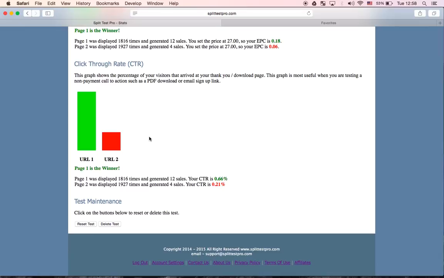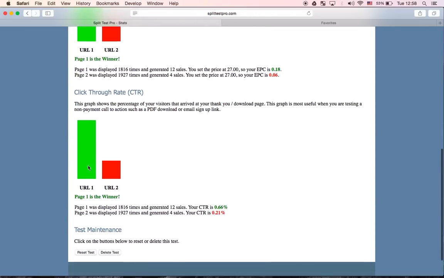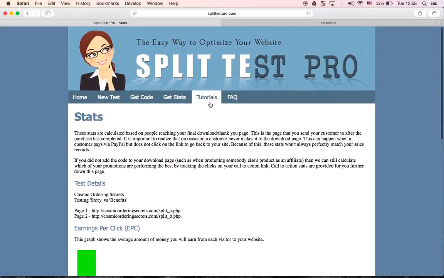It's not a very good website. It needs to be optimized, but you can see by making a simple change here, we almost, well, we have tripled the actual conversion rate there. So this website is starting to get there, but we still need to do a lot more testing to optimize it properly. So make sure you watch the rest of the tutorial videos on Split Test Pro in the tutorial section,